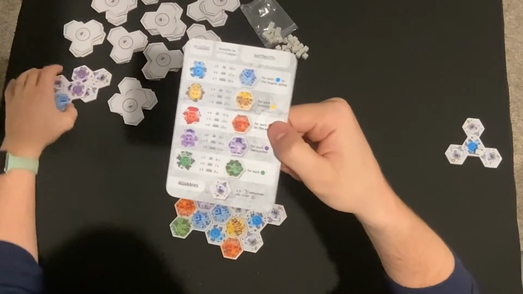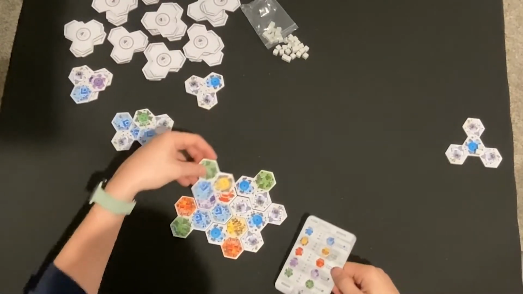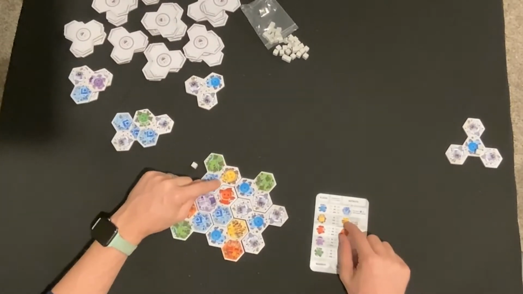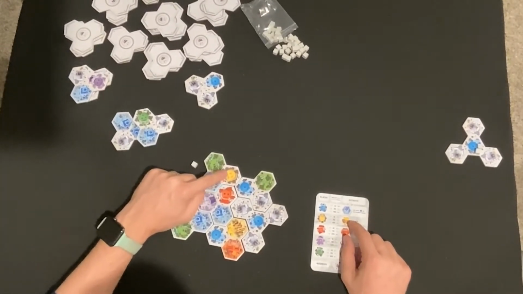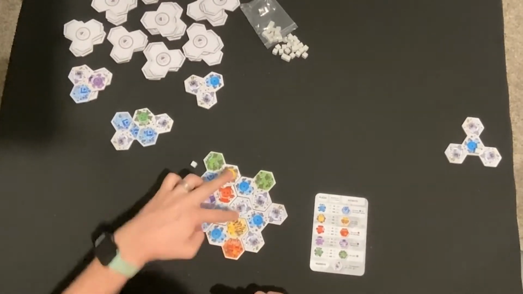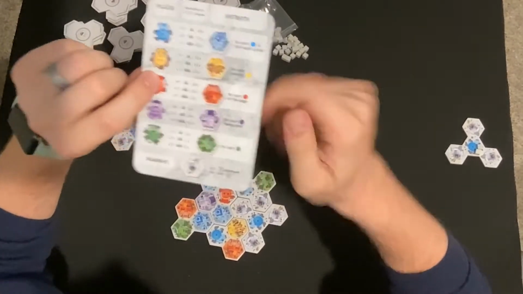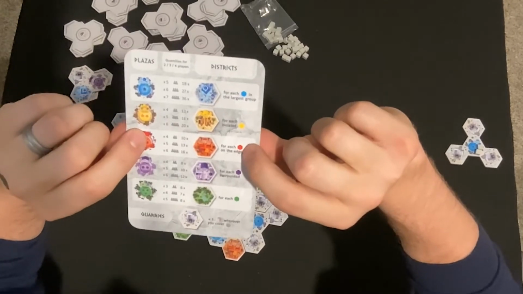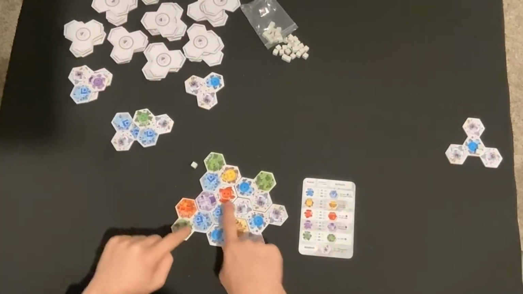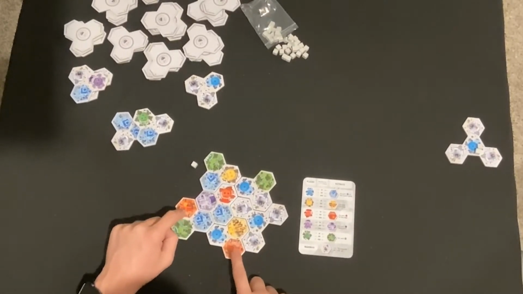Now I do need a district or a plaza. So if I have the plaza right here, there we go. This plaza is now, I've got 2 stars, 2 times however many isolated markets I have, so 1. So this will be 2 points. Okay. Next are the reds. The reds, I believe, are the barracks, and they want to be on the edge of our city. So I do have a multiplier, a red multiplier, 2 stars, and I have 2 districts that are currently on